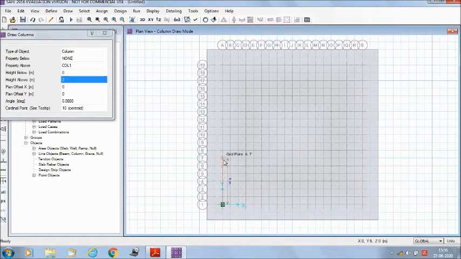They are at a spacing of 6 meter each, except column 6, column 7, column 10 and column 11. All others are of dimensions 500 mm into 500 mm. So the property name that we have provided, column 1, is having the dimension 500 mm into 500 mm. So we will be accordingly drawing the columns.